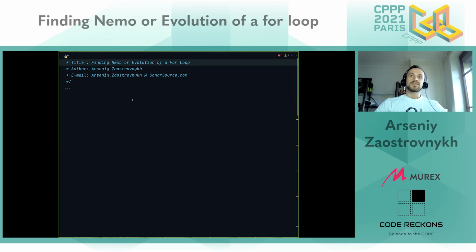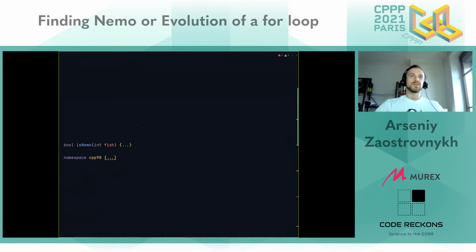So let's see how we could find Nemo 20 years ago, when the movie went on the screen, in the age of C++98, sorry. By that time, it was 2003, Nemo was just 6 years old. So today, Nemo would be, I'm just checking my math, about 34 years old. So how to tell if the fish that I reduced to just one integer is Nemo? We can just check the age.